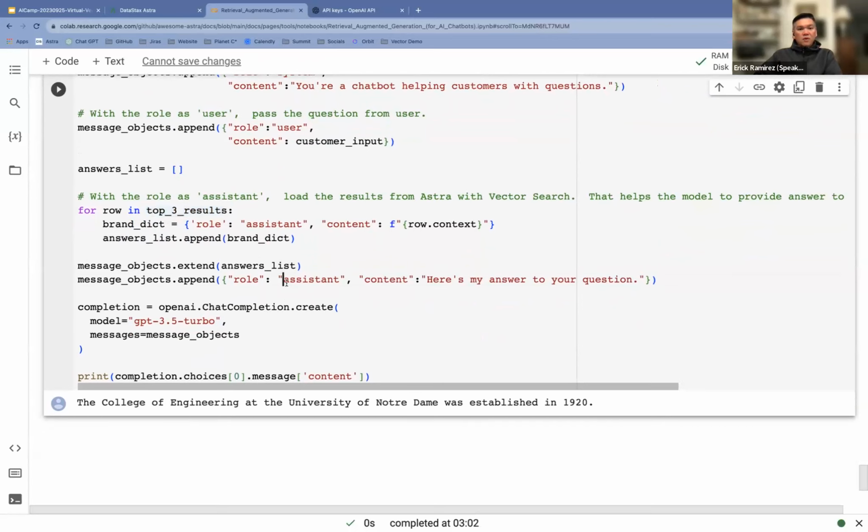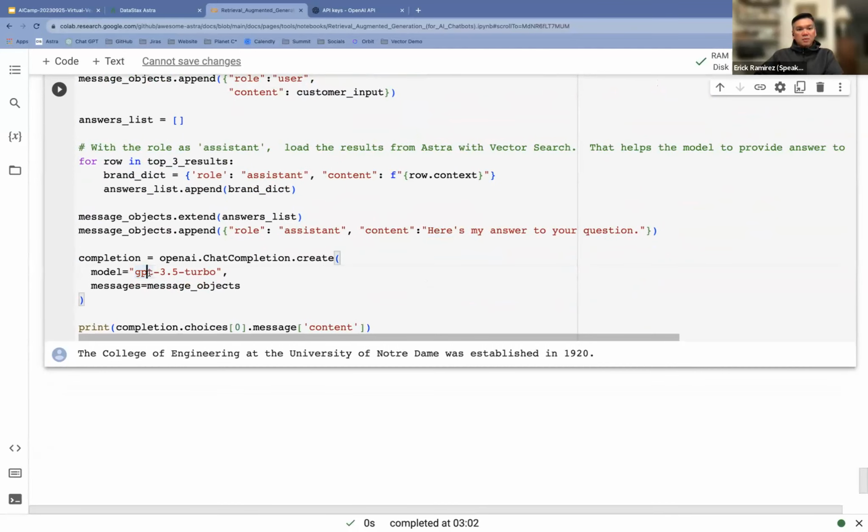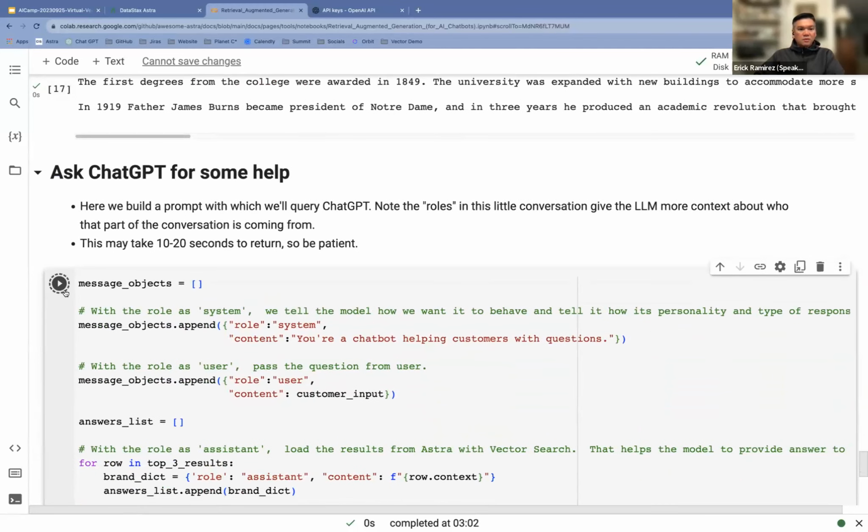And so finally, the chatbot, which is the AI assistant that we have, is going to give this prompt when it answers: here's my answer to your question. And for this demo, we're using the GPT 3.5 Turbo model. Let me take that out. And so let me run this bit of code.